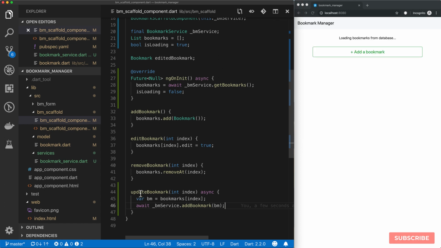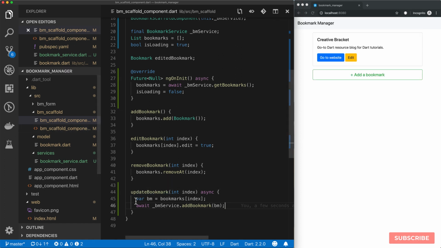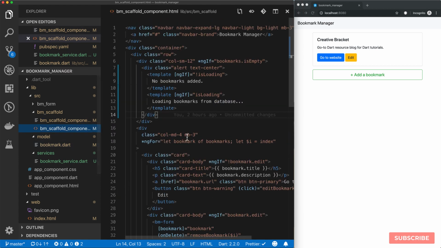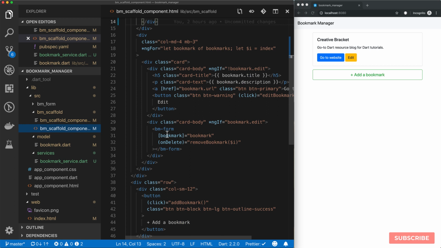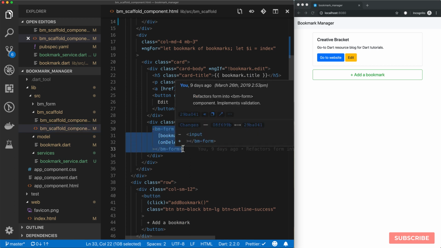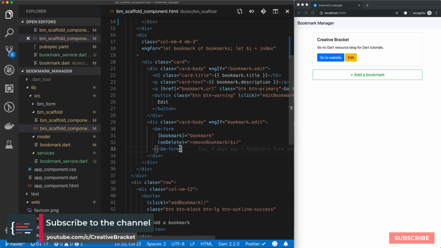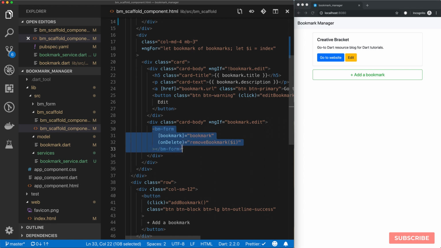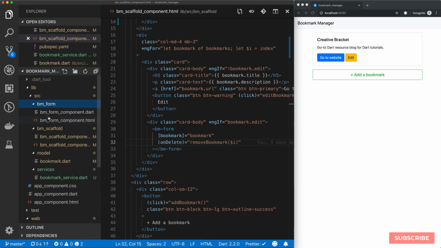And of course we can't give that a go straight away because we need a way to invoke this update bookmark method in our template. The way we'll invoke that is through our form. So if you watched the previous videos, I did mention that we're able to emit custom events from our components. So essentially we need to create another custom event. So if we come to our BM form,